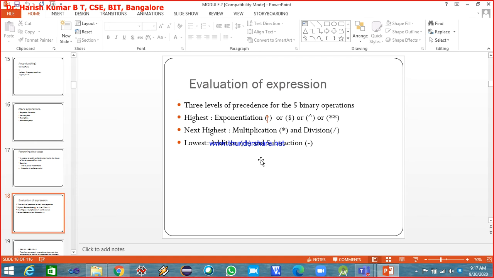Again, if there are multiple plus and minus operators in a given expression, then you have to follow the left to right associativity. I hope you know all these things. So is that clear? Yes, sir. Okay,